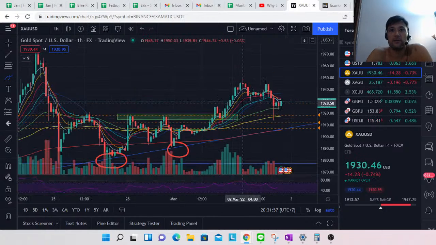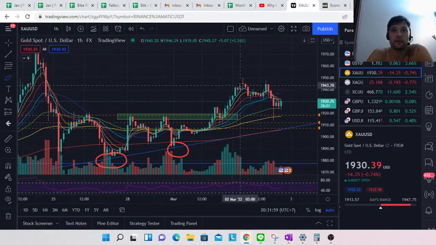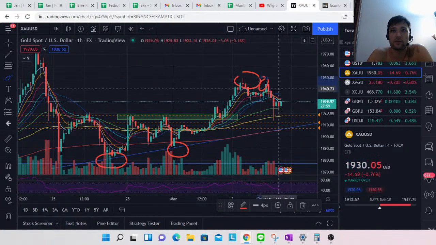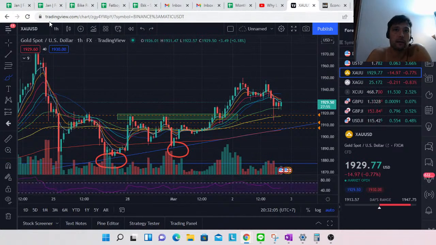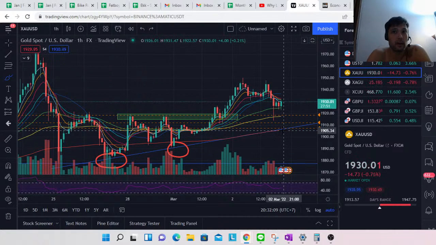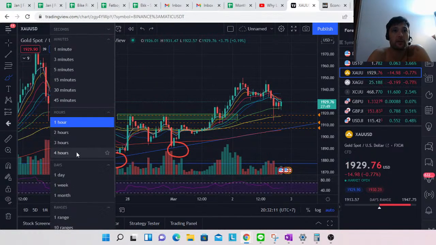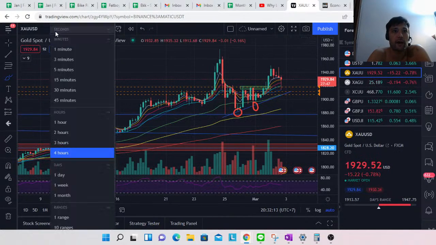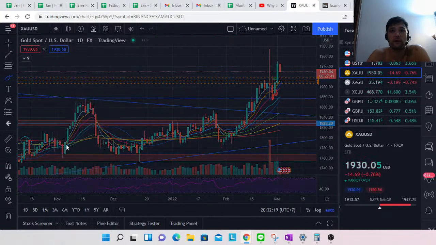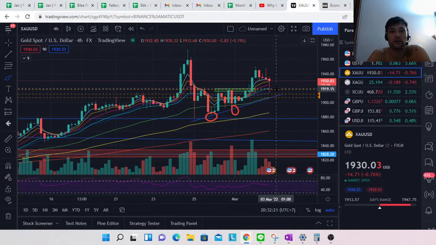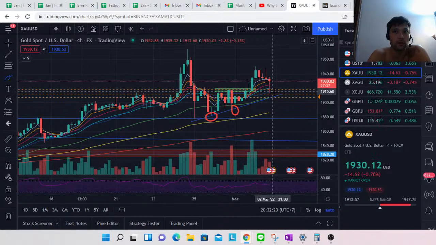If you're looking at the hour chart, by the way, you could definitely claim that this was kind of a double top, so this drop was kind of expected. But I'm just looking at the hour chart purely for entry opportunities, and I'm looking much more at the 4 hour, the day chart and the week chart, et cetera. Right now, if we look at the 4 hour chart, this is still looking really, really bullish. Look at the strong bounce back that we've had here.